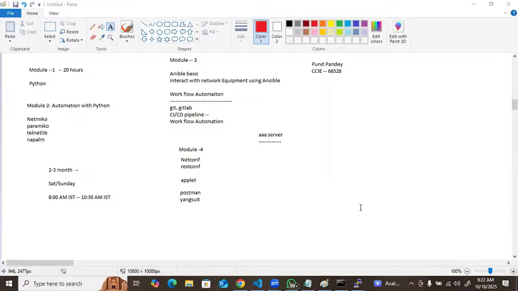Yes, understood. Some command changes will be there for Juniper or MikroTik, but with these libraries we can use them too. The device type is what we change. Paramiko we can use for any of them.